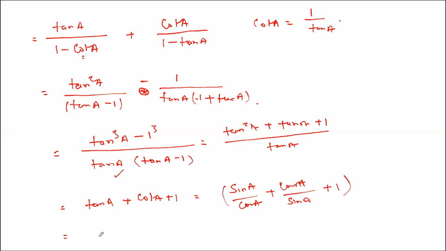Obviously, taking LCM of this, sin A into cos A, sin square A plus cos square A is 1, plus sin A into cos A, right? So a lot of different forms are there. The requirement would be there, and with the requirement, we can write this down, okay? Now,